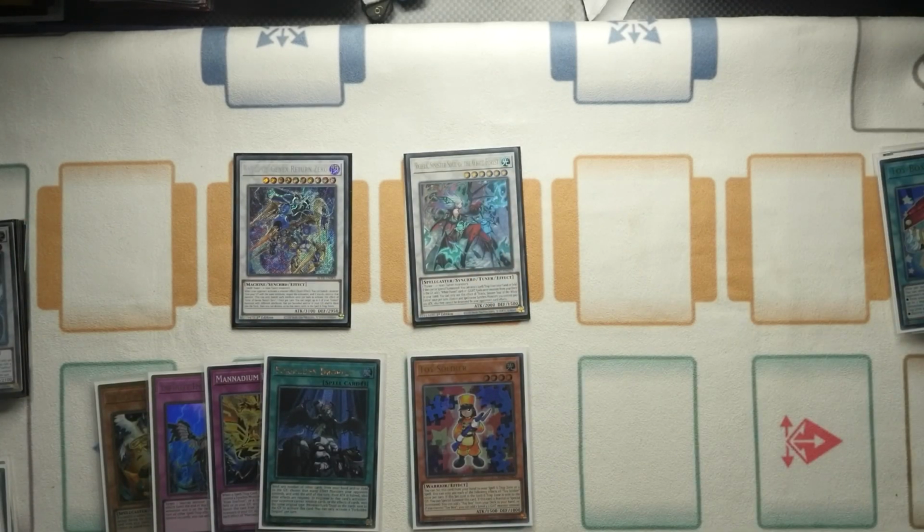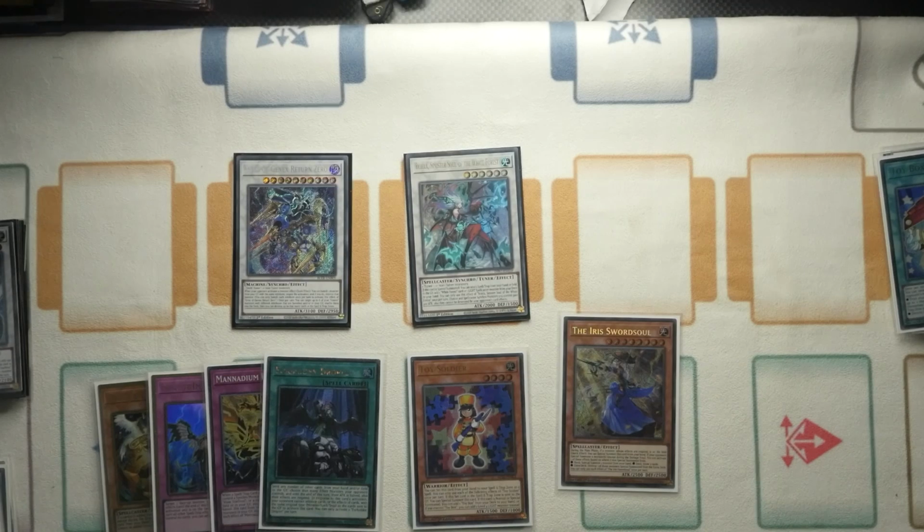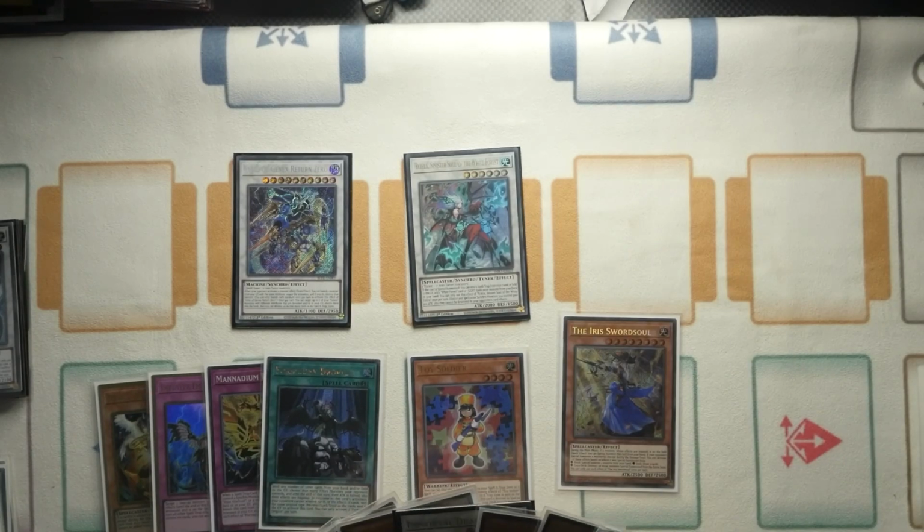I mean, it can send Soldier if you want to, but the Soldier won't summon. We will search out our Iris Sword Soul. There we go. Now again, this is the issue with not having a Stella in rotation, is you can't get a Stella back. And then the question is, do you choose to activate your Rusia or your Sylvie in the graveyard to put